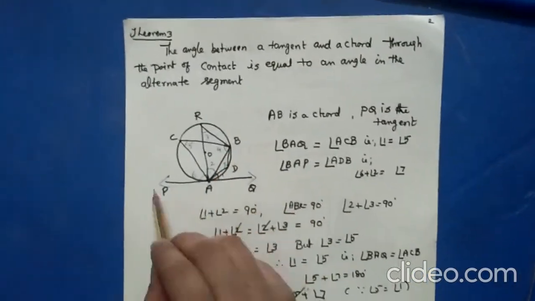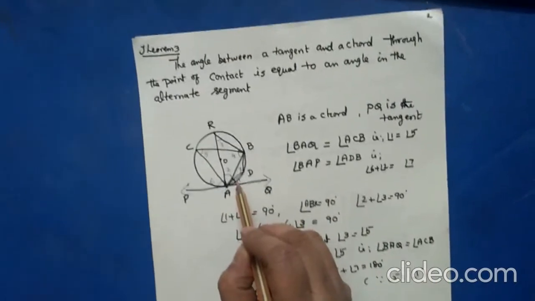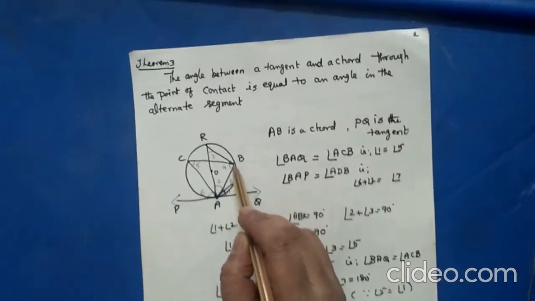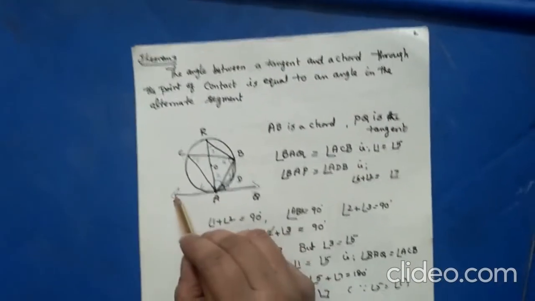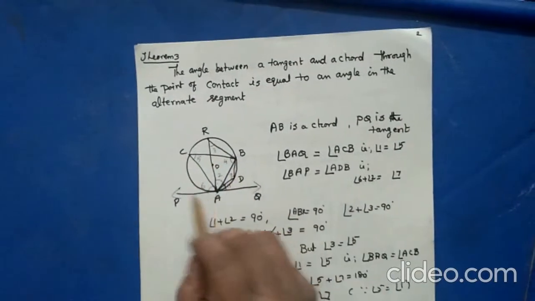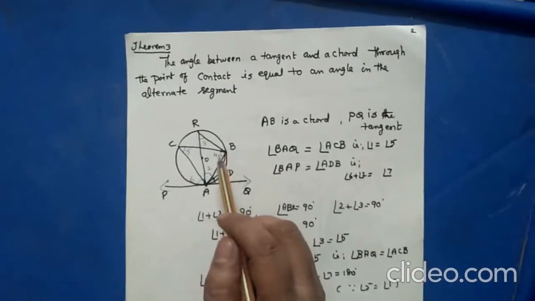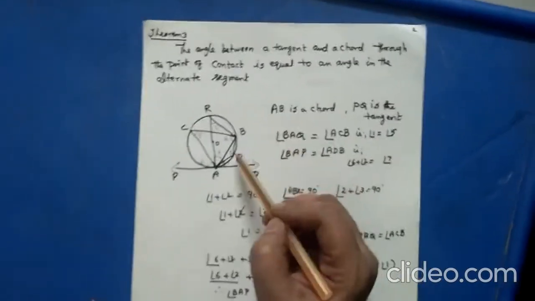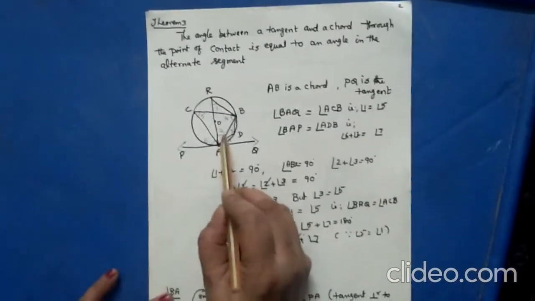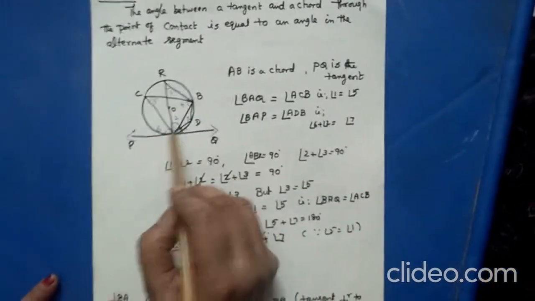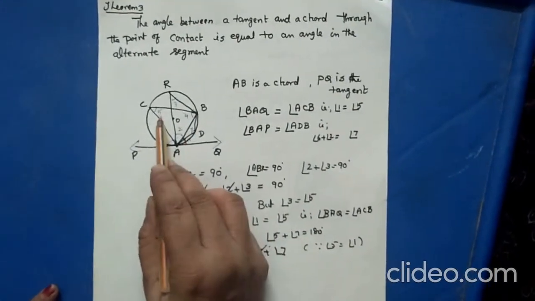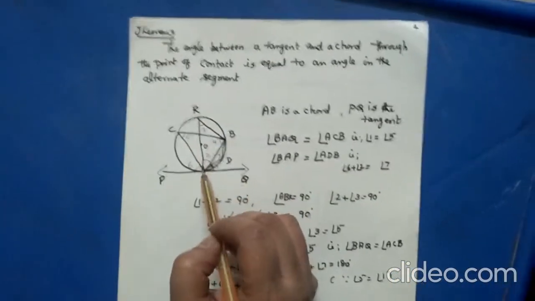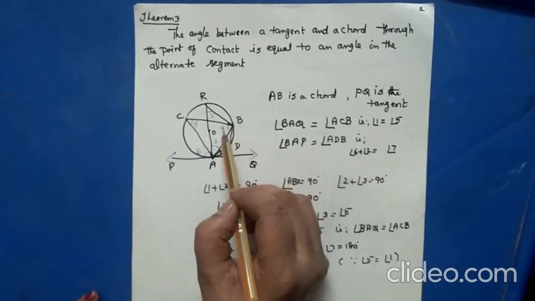Now, this is the chord, this is the tangent, this is, I make it as 1. So you want to prove PAQ is equal to angle ACB. Otherwise, here BAP is equal to ADB. I mark the numbers, then you can easily understand the theorem. But proofs will not come. Only you should know the statement of the theorem. Now see, I mark it as 1, 2, 3, 4, 5, 6, 7. Angle 1 is equal to angle 5 you have to prove. Now see, this is the 90 degree you are taking. This is the diameter. Angle in the semicircle is 90 degree, angle 4 is 90.